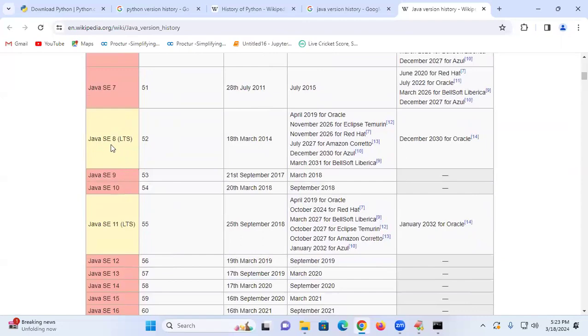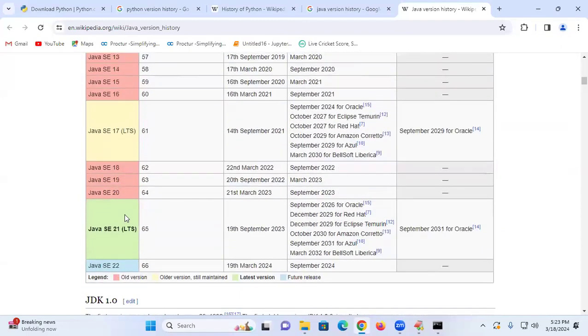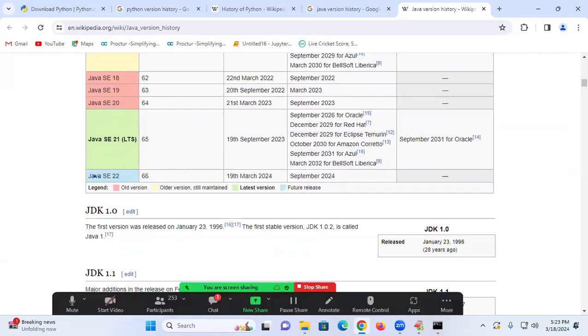Come to this point. JDK sees that Java SE 8, Java 9, Java 10, 11, 12, 13, 14, 15, 16, and 22 also ready to come. Java 21. There you also see Java 22 is called what? Feature. Java 21 is what? Same. This is a way to verify your versions.